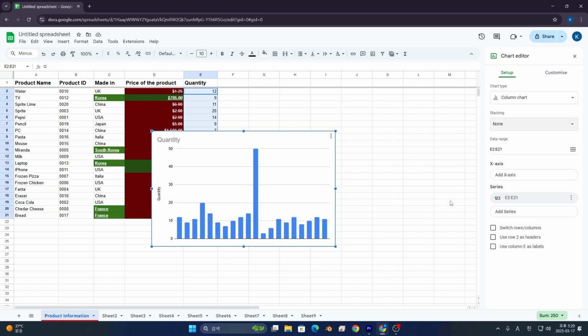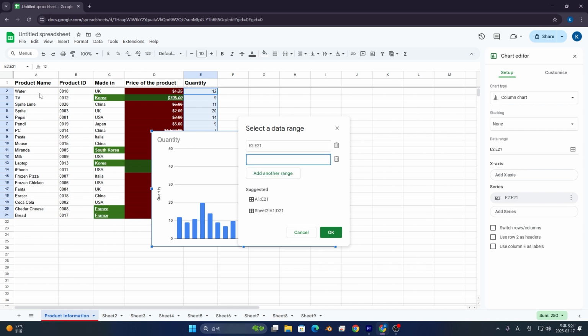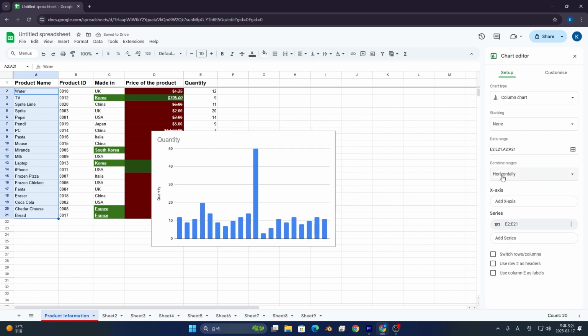Seems great. And directly we're moving on to data range. Data range, you can see that right now only the quantity appears, but we can't find our product name. So what we can do is clicking on the data range and simply press add another range. And select the range, press OK, and combine ranges vertically or horizontally. We're going to leave horizontally,